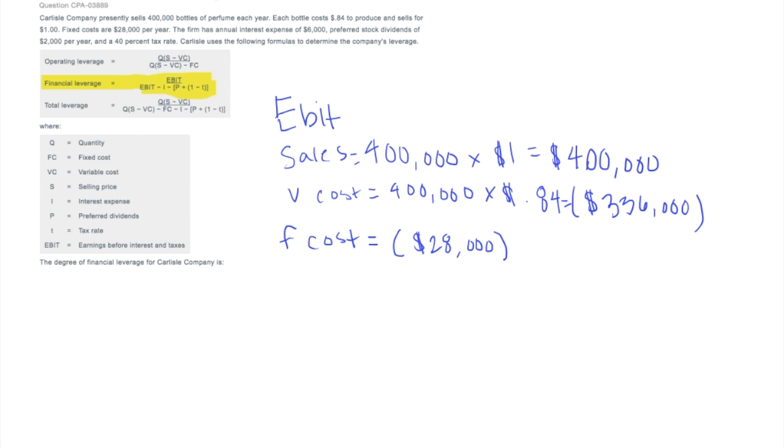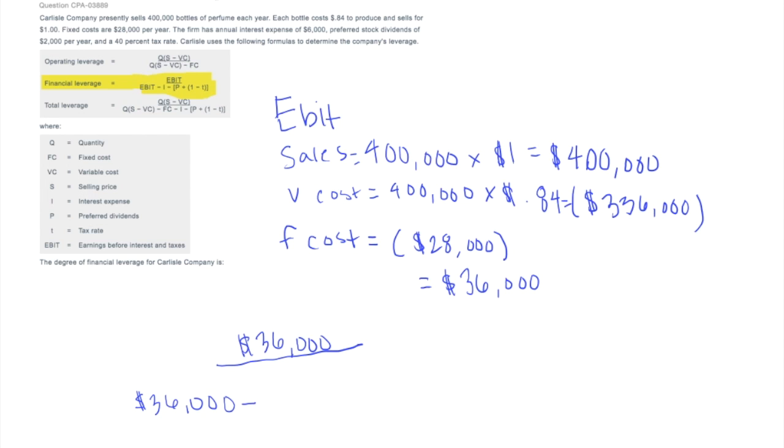And if we add our 400, our 336, and our fixed cost, we get a grand total of EBIT of what? $36,000. So now all we have to do is plug this EBIT into our nifty formula provided, and the rest is cake. So it says that EBIT divided by, we have 36,000 divided by EBIT, which we just said was 36,000,